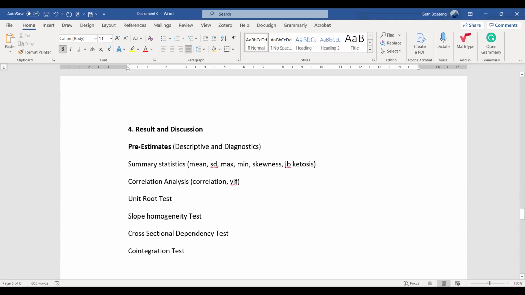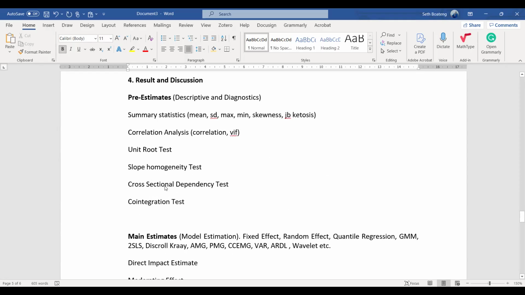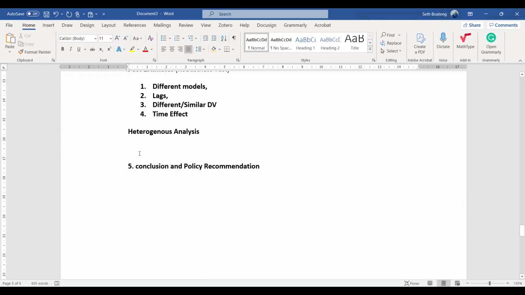Explain it, but when you come to the results, that's where you are coming to present your actual results. So maybe if you do causality, you present it here. Then finally, you do your discussion. So in the discussion, you explain your results or your findings, and you compare them to past literature. So maybe the study correlates with or supports the findings of others. So for the discussion, you use the literature review and your theoretical review.